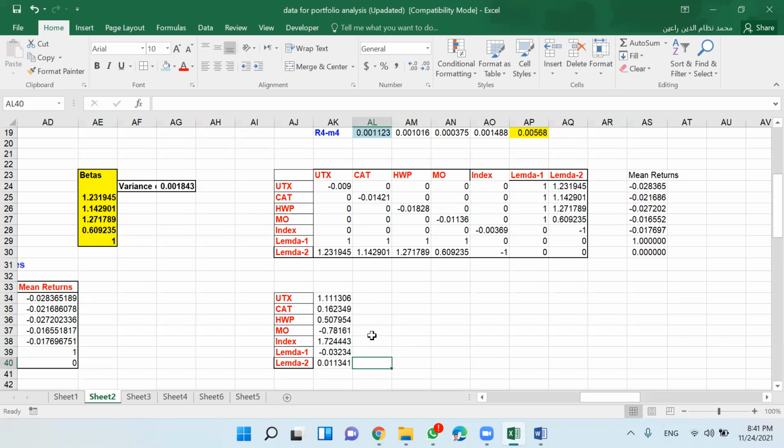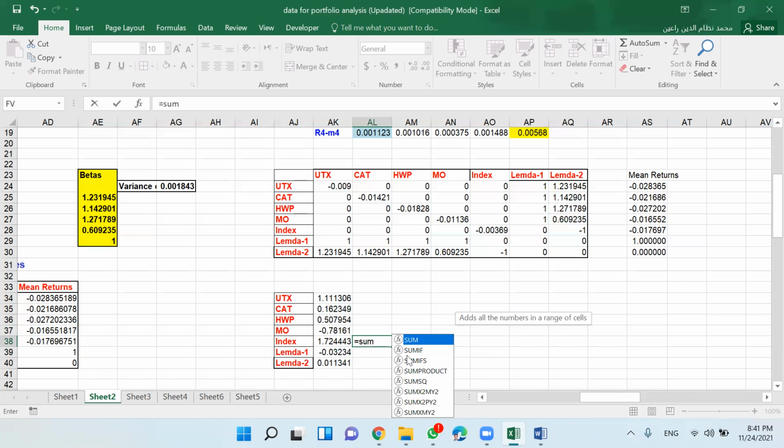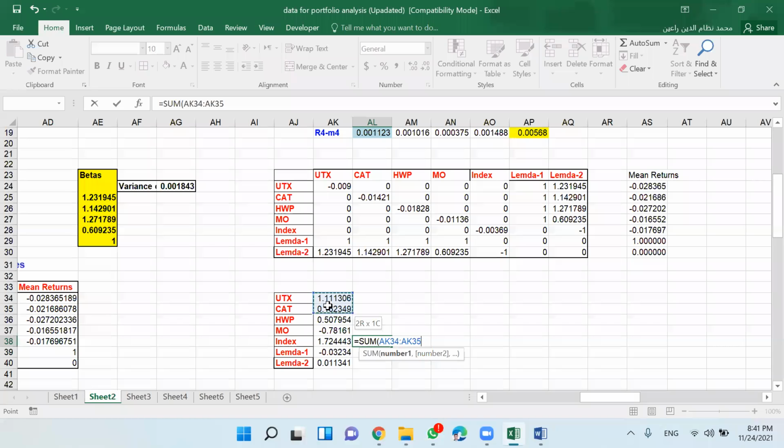In HWP, you invested 51%. You sold short 78% of MO. Okay? So, if you create a sum here, just check that the sum of the weights is equal to 1, just to make sure that your answer is correct. That's it.